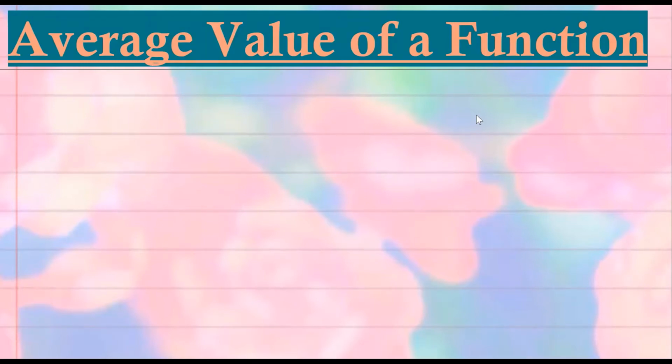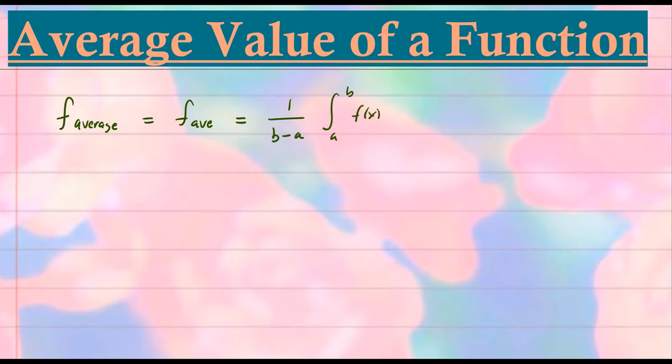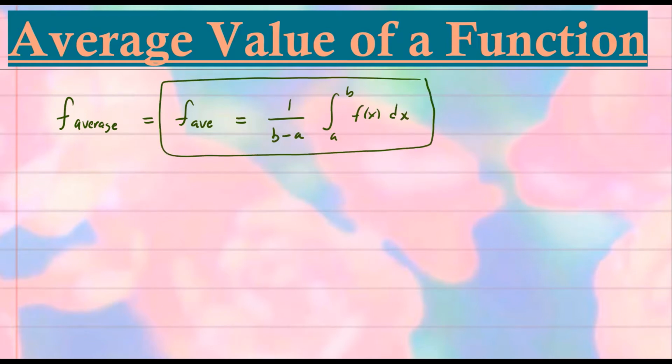Let's go ahead and find the average value of a function on a given interval. The formula for the average value is often given as f average over a given interval. We call it f-AVE, just to simplify the notation. It is equal to 1 over b minus a, the integral from a to b of f of x dx. This is the formula we use when it comes to finding the average value of a function over a given